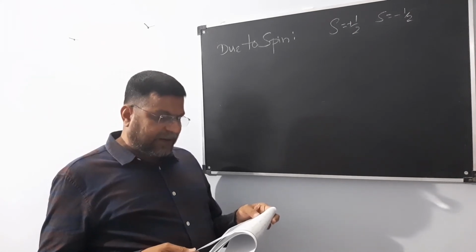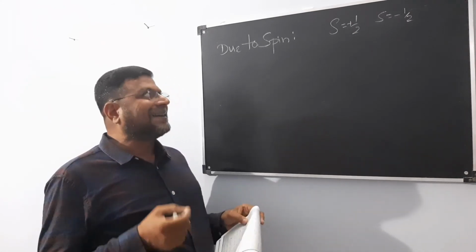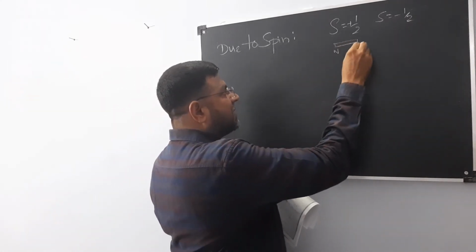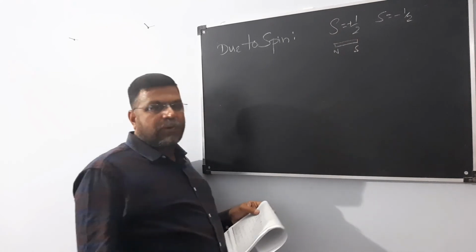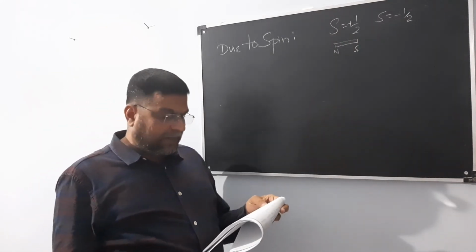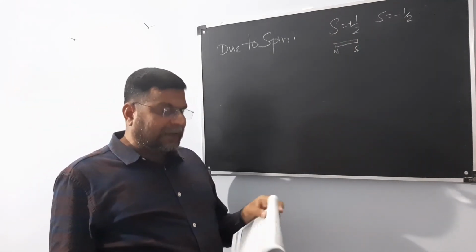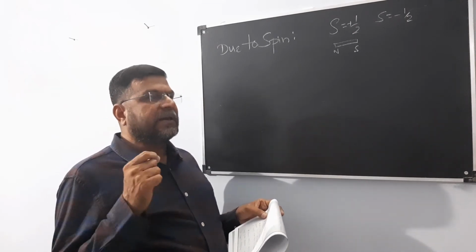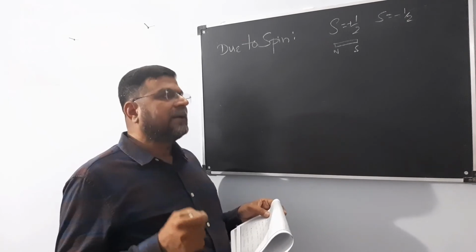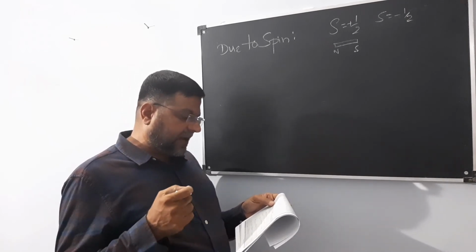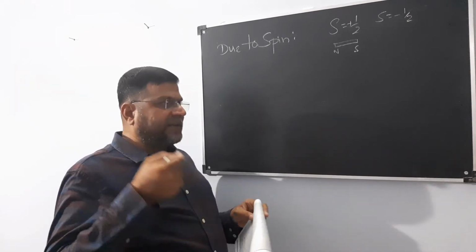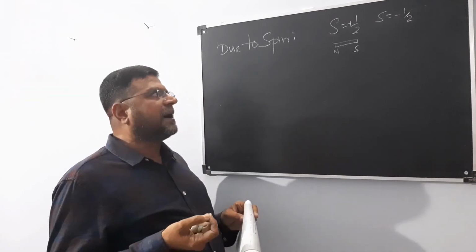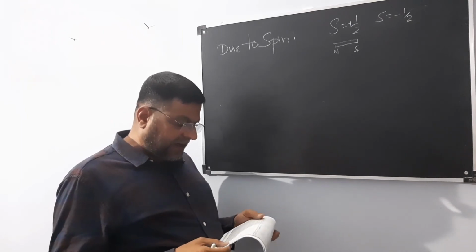So an electron spinning about its axis behaves like a tiny magnet, with one north pole and one south pole. That is what a dipole is, and it possesses a magnetic dipole moment. So when you place a small magnet in a field, or when you take a tiny electron, it behaves like a tiny magnet when placed in an electric field or magnetic field. So it has a dipole.